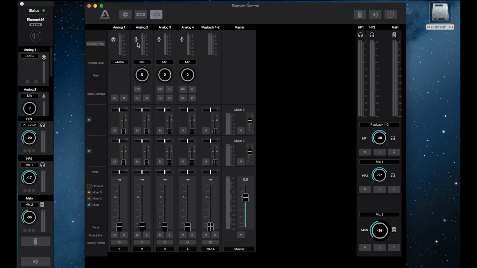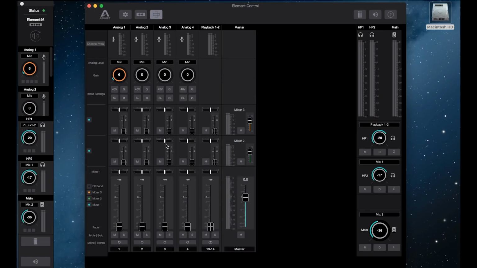Now we have our choice of how we view the mixers as well. Across the top here is where we see our metering, and we can also see that we're set up here with 3 microphone level inputs and 1 +4 line level input. We can select the level for each of the inputs here, -10, microphone or instrument, so I'll set that back to microphone, so we have 4 different microphone level inputs. We have 48 volt phantom power, grouping for inputs, stereo linking, and then we also have polarity reverse for each input. At the lower part of our screen, we have access to 3 latency-free mixers, and we can choose which